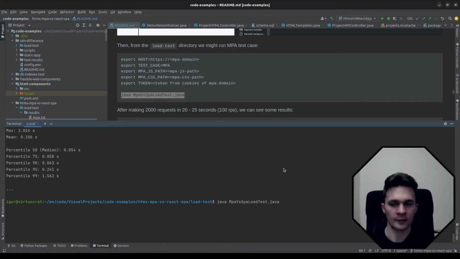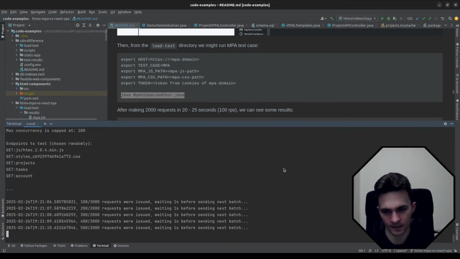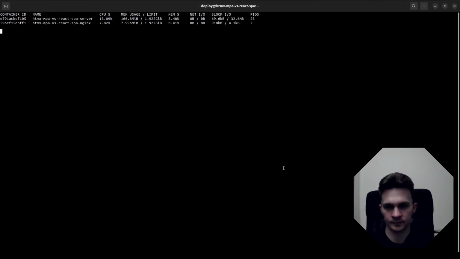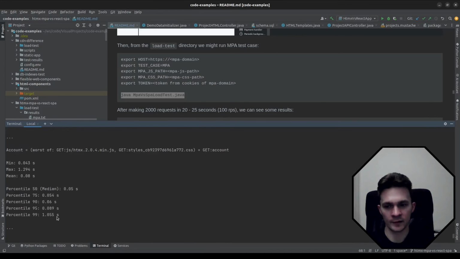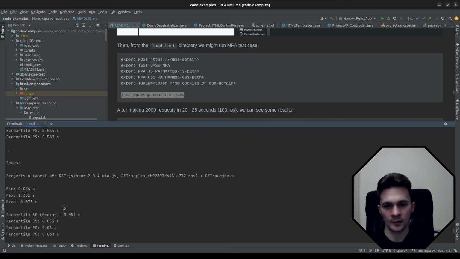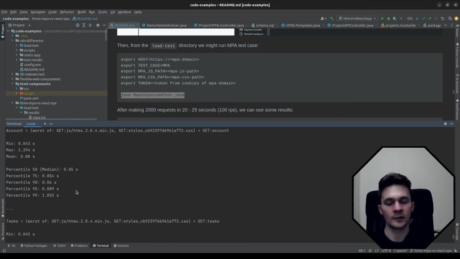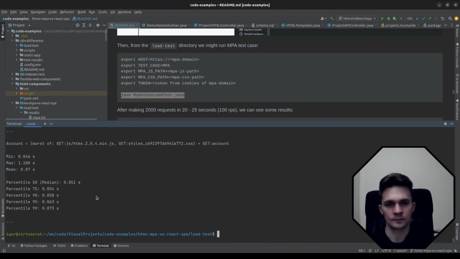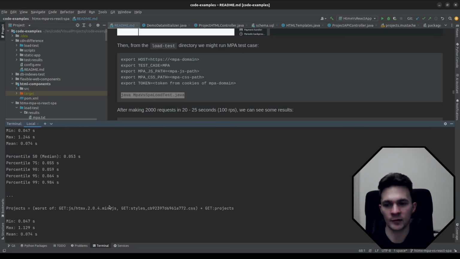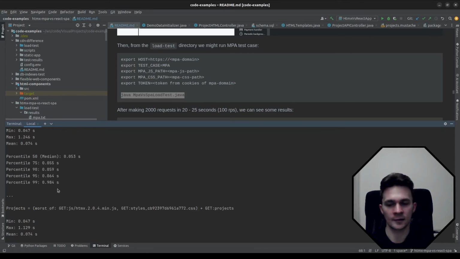So let's run it again. I think it should be faster. So yeah, let's see. Yeah, as you can see, it was faster the second time. So for pages we have, let's say, a second. Maybe to be sure, let's run it for the third time. Yeah, so the third time it was even slightly better, but let's say that it's a little below a